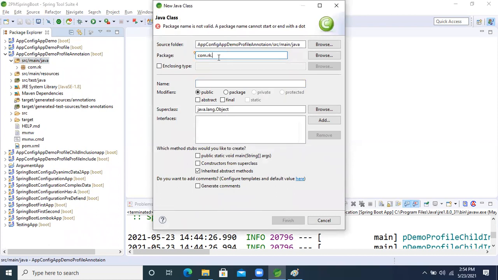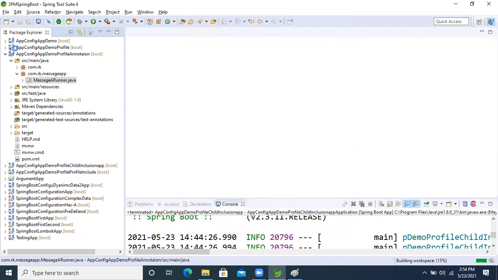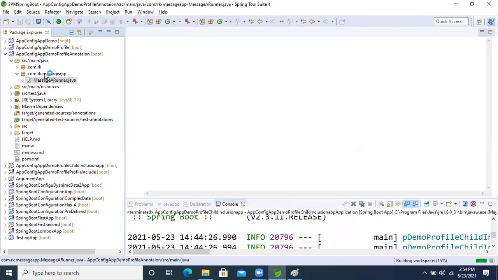Like this, we will see it. I'm taking a message app, Message A runner, one class, and another one more, based on that environment.